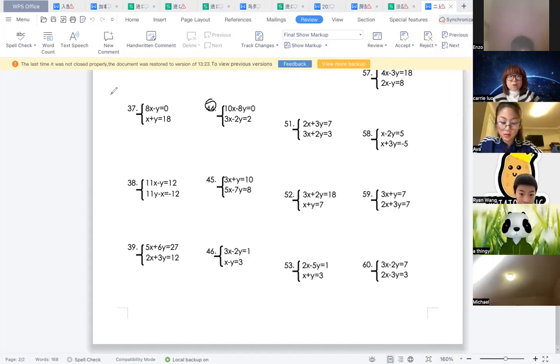Okay, so let's take a look at this one. The other side is 0. Ava, Ryan, Athene, we can still simplify, divided by what? Divided by 2. So we have what? 5x minus 4y equals 0. Understand, Michael? Michael 到哪去了？Michael 在不在？